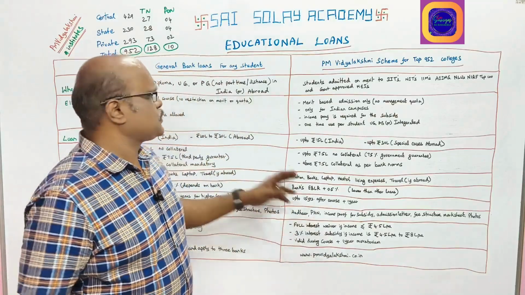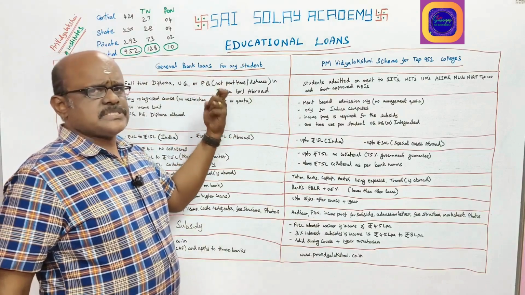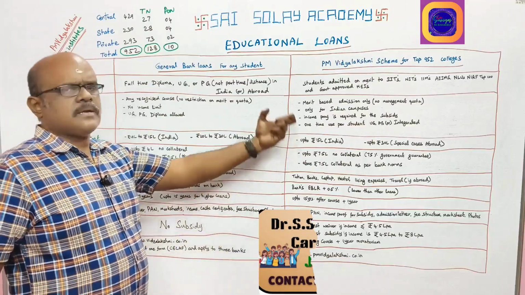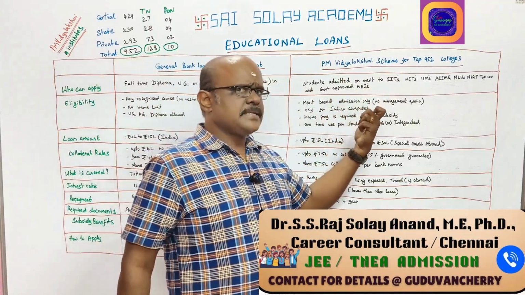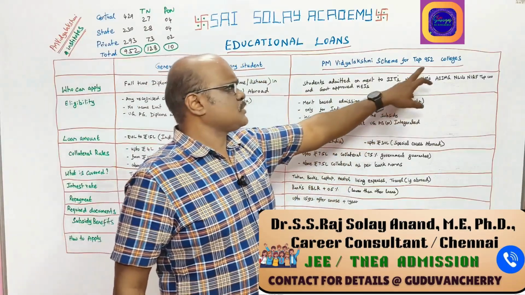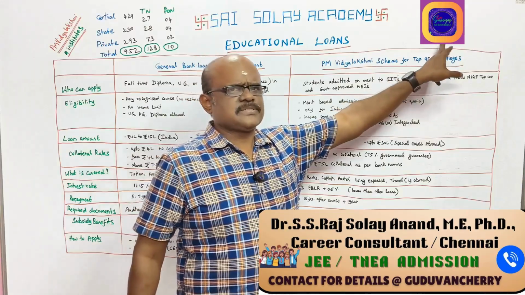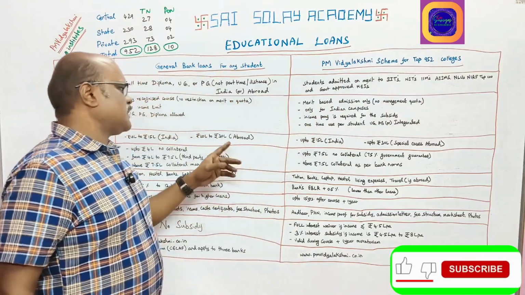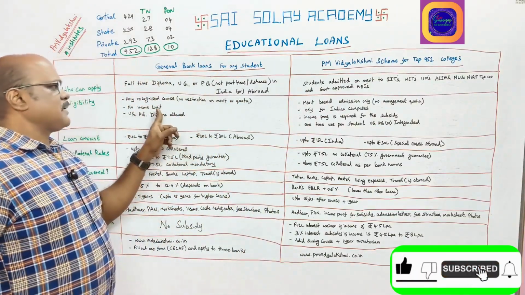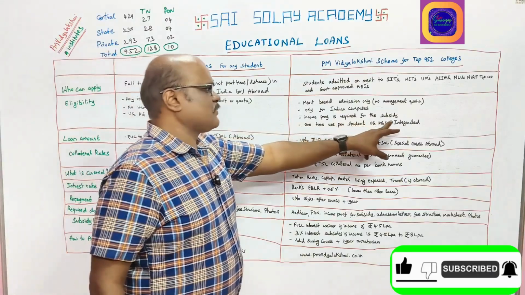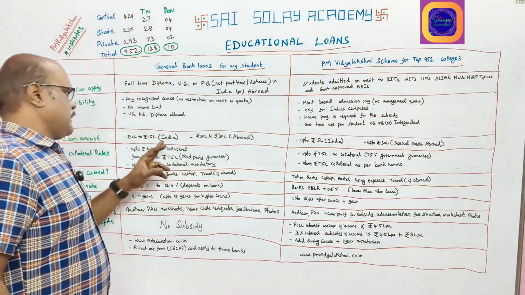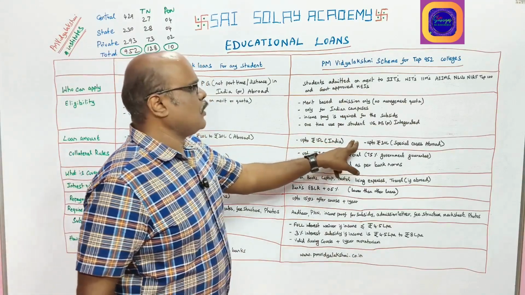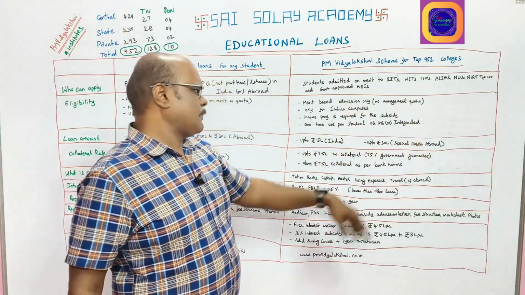So the major difference between these two loans is, here there is no restriction on the institutions where you are studying or the type of courses you are studying, whereas here you have restrictions on the institute you are studying in. That is the topmost 952 colleges. Those who are pursuing their studies in these 952 colleges are the only ones eligible. And the second one is, there is no income limit here. If you want the subsidy, income proof is necessary. Next, India and abroad you can avail here, whereas there, only for India they can give, and only for special cases can you go abroad.